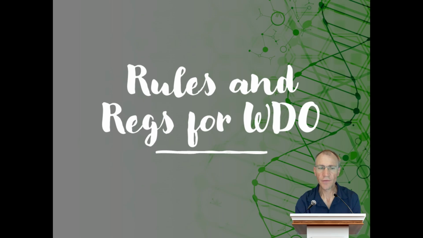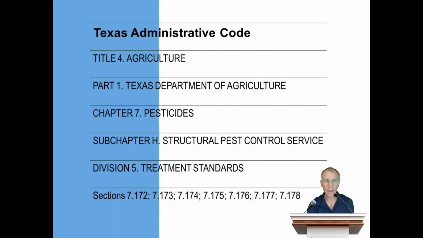Rules and Regs for WDO. Texas Administrative Code, Title 4, Agriculture. Part 1, Texas Department of Agriculture. Chapter 7, Pesticides. Subchapter H, Structural Pest Control Service. Division 5, Treatment Standards. Sections 7.172,